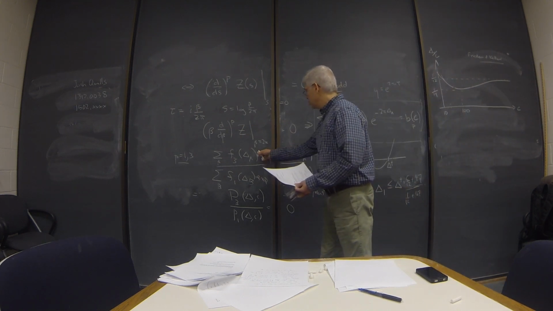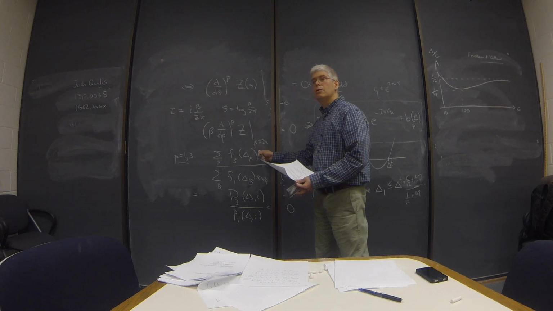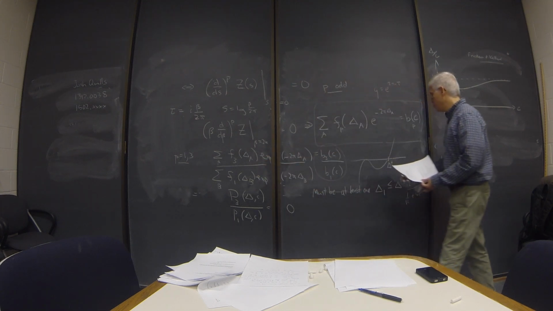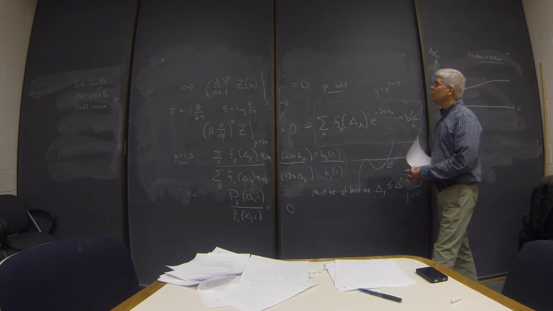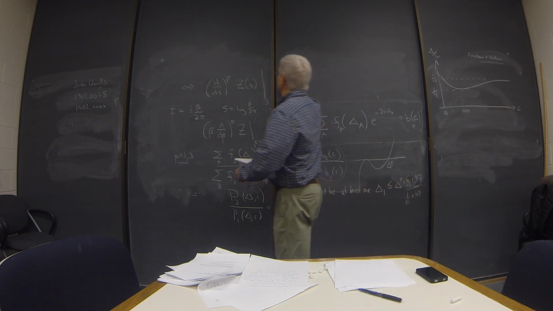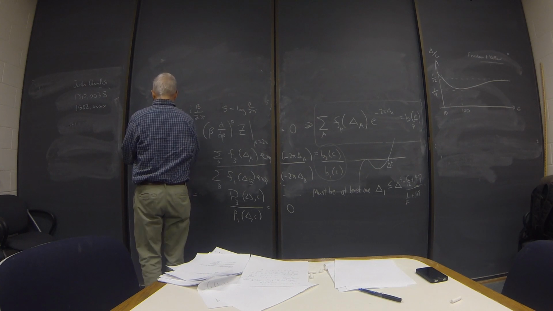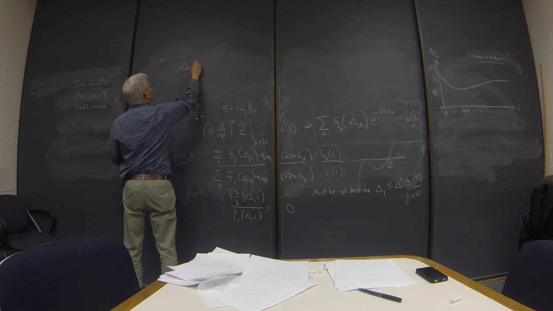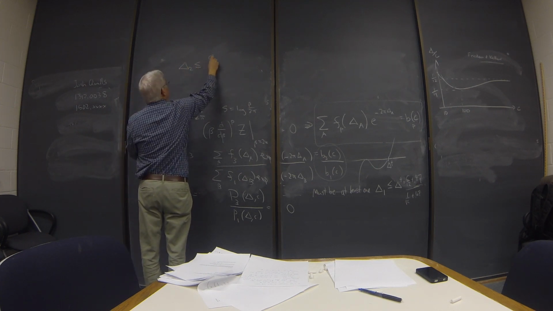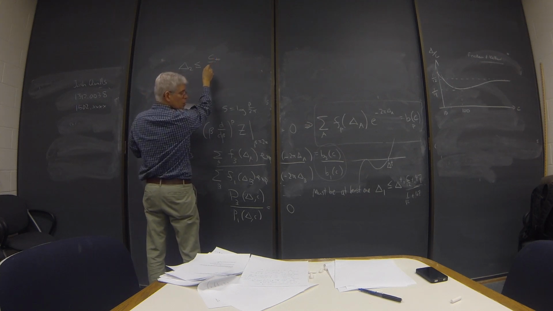You can imagine you still have a cubic polynomial here, and you do the same calculation, and you find that delta 2 satisfies a very similar inequality. It's less than c total